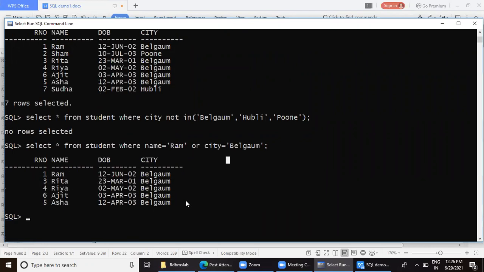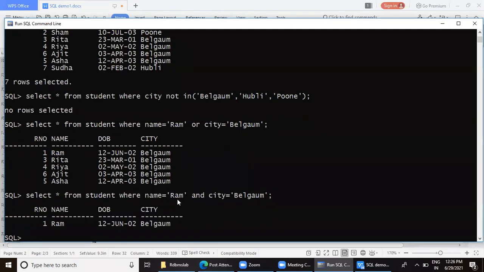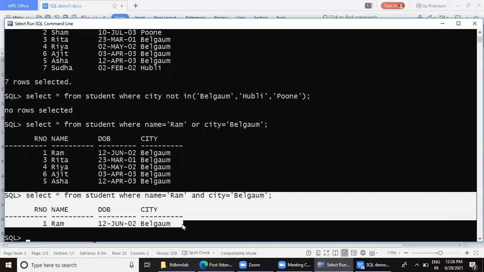Now, when I combine the same statement and change it to and, can you tell me what will happen? What will be the output? Only one should be out. Why? Because both the things have to be matched, right? So you can take this example for and.